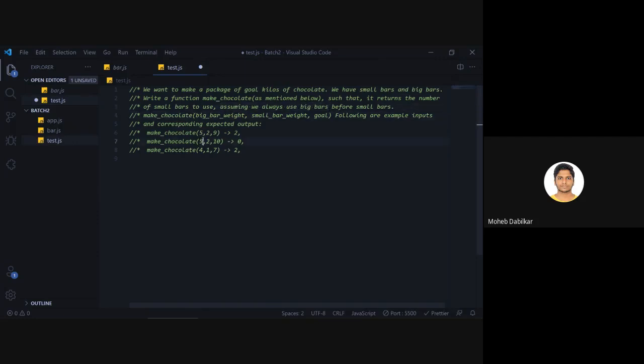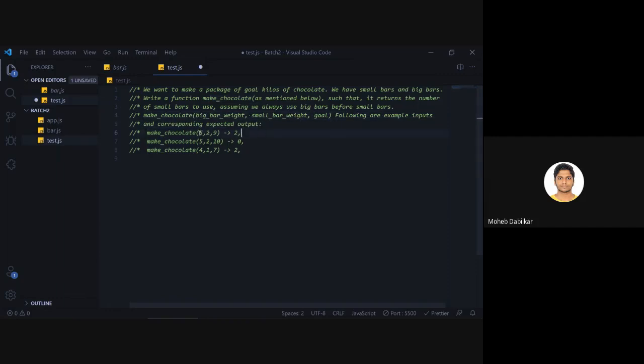So if you have 5 bars of big chocolate, 2 bars of small chocolate, and you want to make a chocolate of 10, so it will use only 2 big bars. Your priority should be always use big bars first. Let's not say bars of chocolate, we will use weight. So there should be a function that says make chocolate big bar weight and then small bar weight.